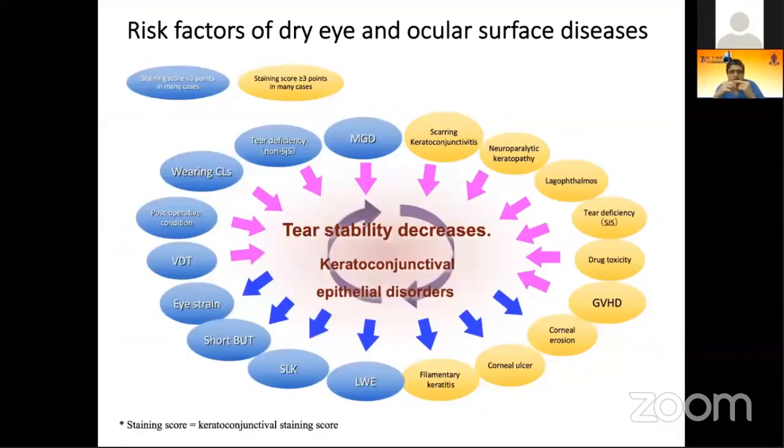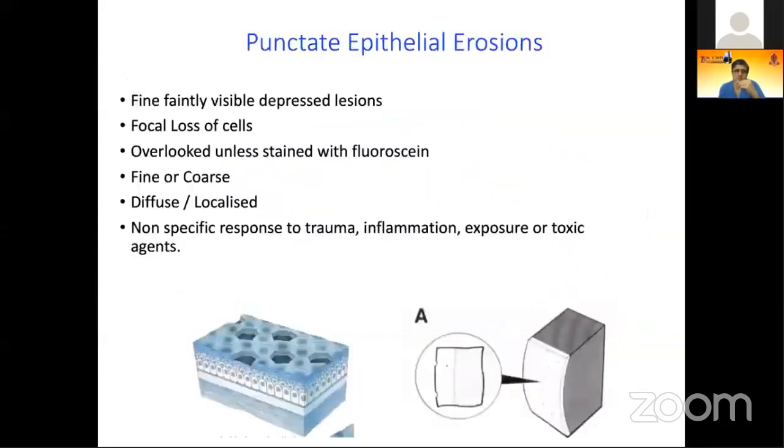We know that dry eye is a very diverse condition. We have certain cases of dry eye where there is a lot of ocular surface staining. However, we also have a significant number of cases where the patients, though symptomatic, may not show significant ocular surface staining. So what are we looking at when we look at ocular surface staining?